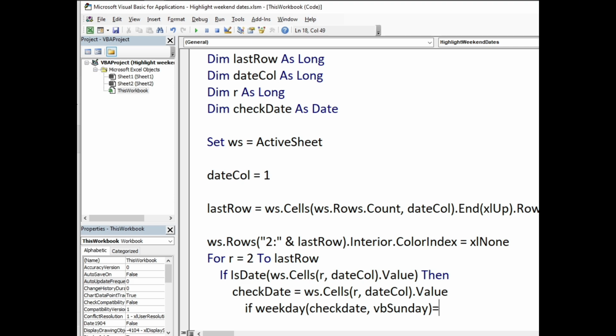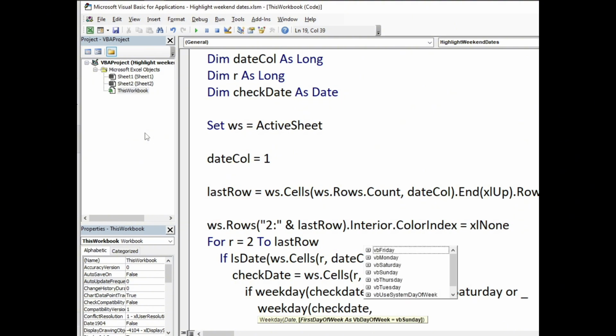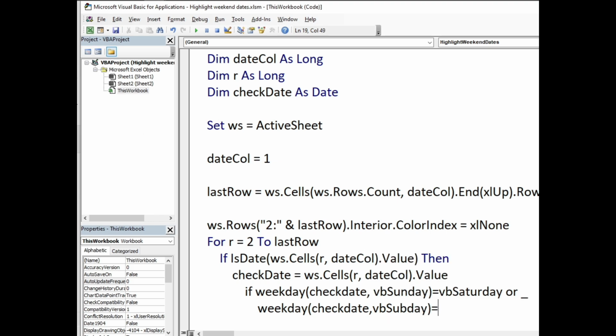So equals vbSaturday Or _ enter, Weekday(CheckDate, vbSunday) = vbSunday, then